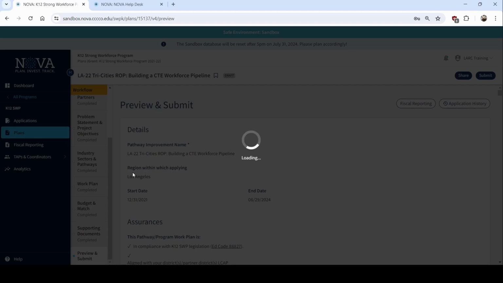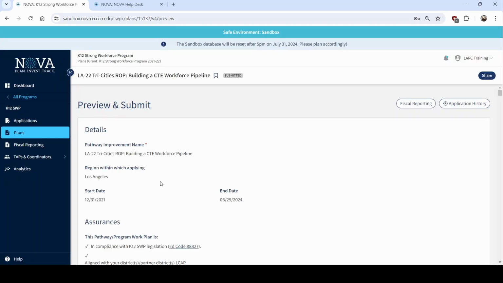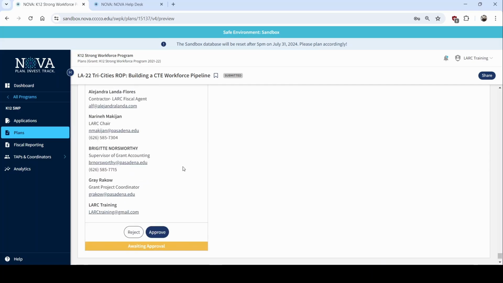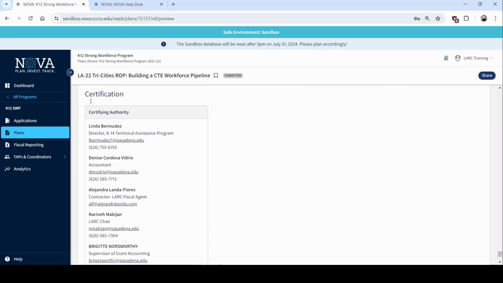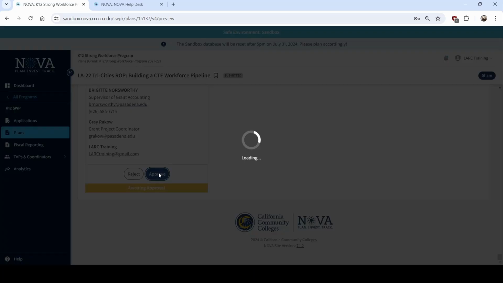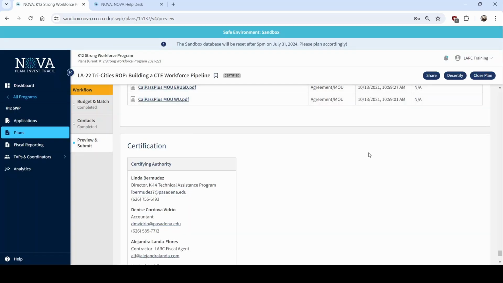Submit, submit. This is going to get approved by the regional consortia again. These are pretty big changes, right? You're moving around partners and stuff, so this does need to get reapproved, which I can do in Sandbox right now. Normally, this would have to go to the RCs. But you'll see that once this is essentially all buttoned up and restored,